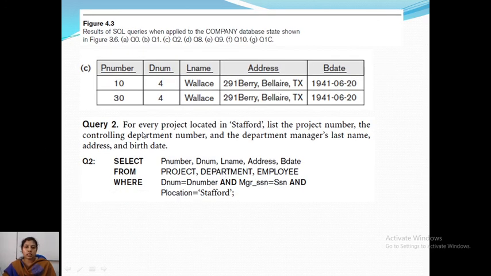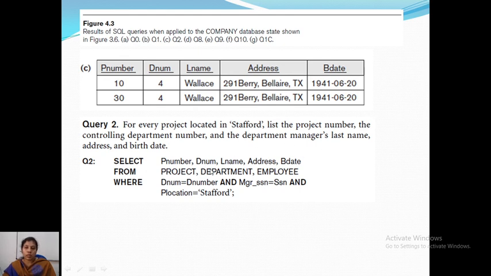Now the next is: for every project located in Stafford, list the project number, the controlling department number, and the department manager's last name, address, and birth date. You see what all the attributes you have to display.